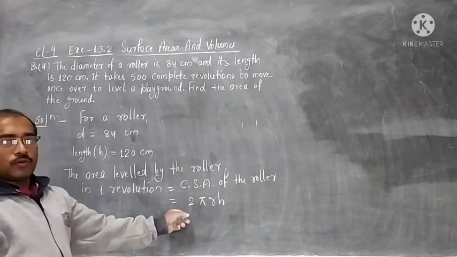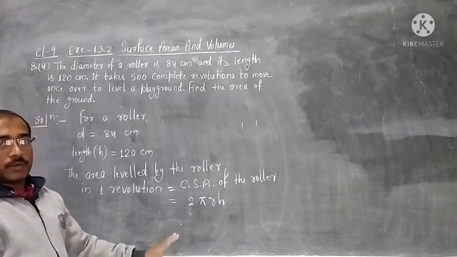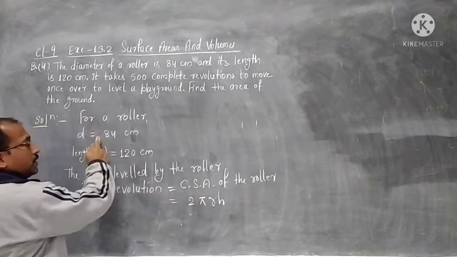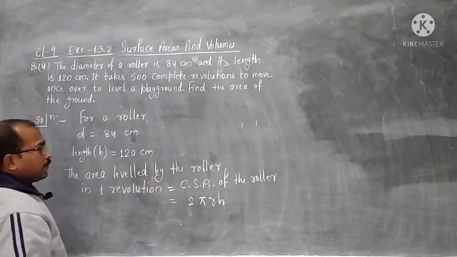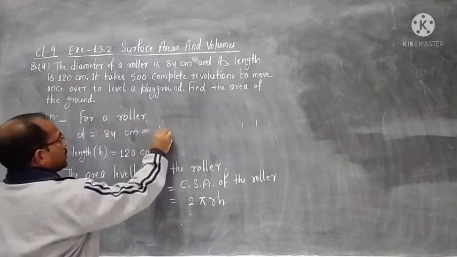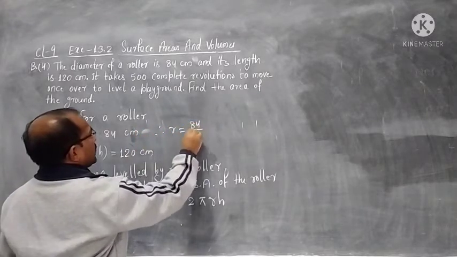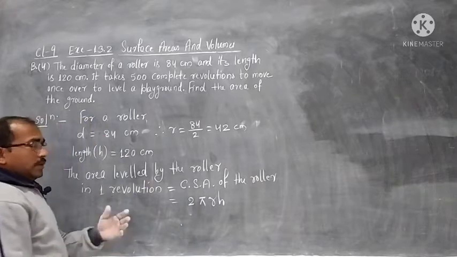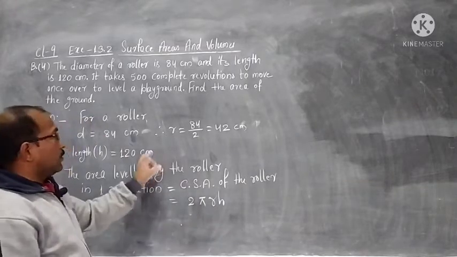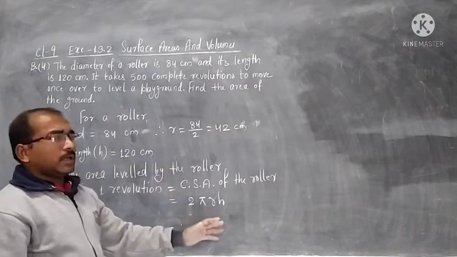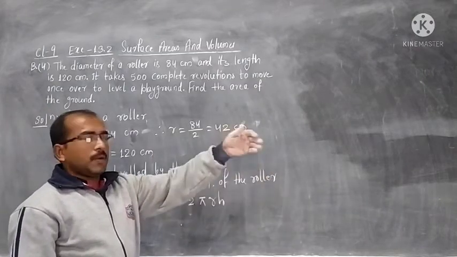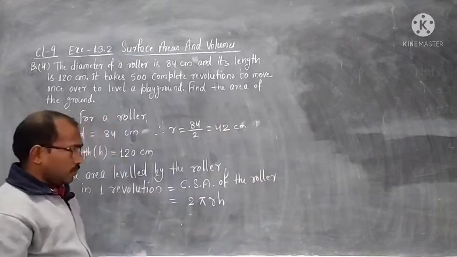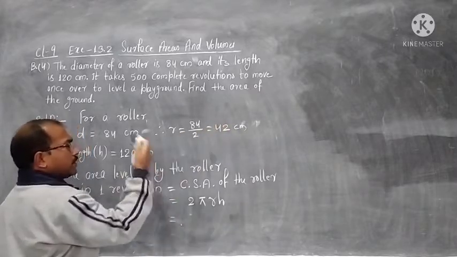In case the formula goes out of your mind, you will not be able to proceed hereafter, so keep this in mind. We have diameter, not radius. Height is 120. Radius will be half of the diameter, which will be 42 centimeter. If we want to calculate area in meter, we will convert these two in meter. If not converting now, we will get the answer in centimeter, or even after getting the total area, we will convert it into meter square. It is up to us how we do. So, let us continue with the same dimension in centimeter.